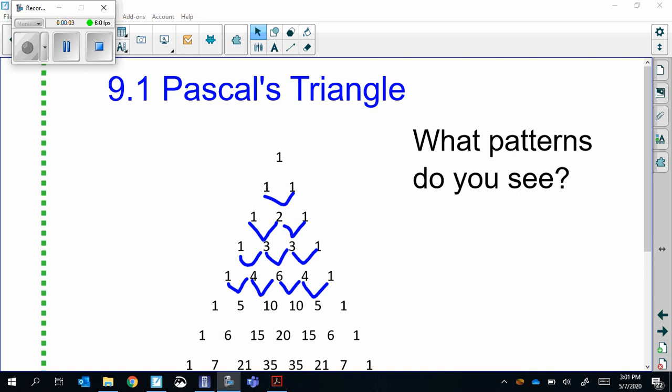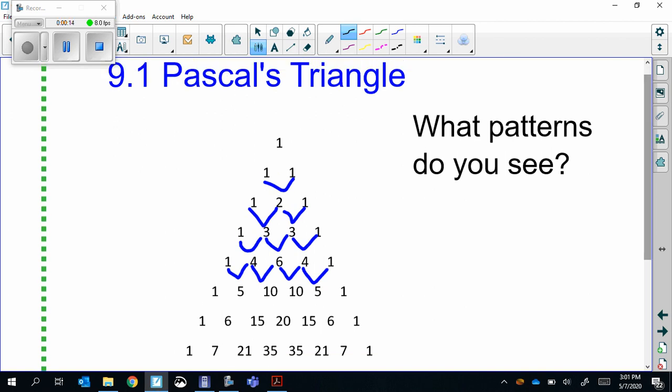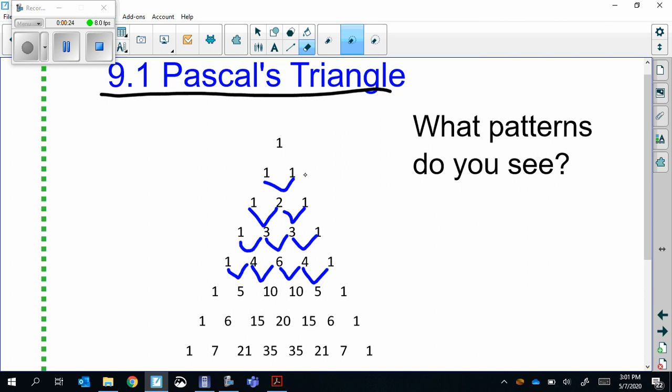Hey guys, in this video we're going to take a look at Pascal's triangle, which is a really useful tool and trick to help you multiply out some binomials and things like that. This lesson, as well as our next one, tie together very closely, but today the focus will be on Pascal's triangle, which is this triangle right here. It's a triangle of numbers,